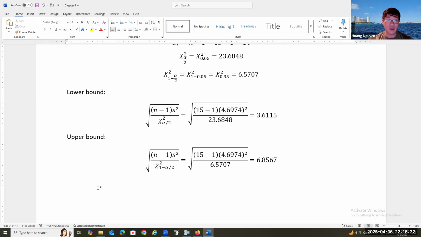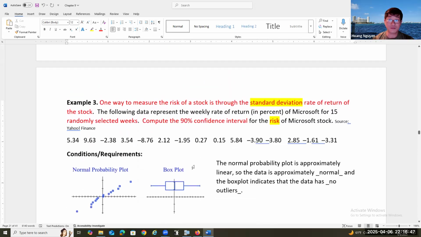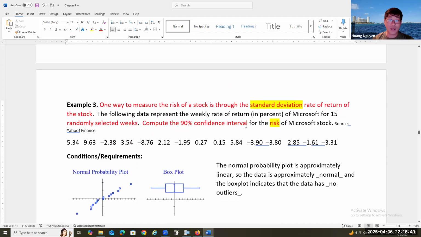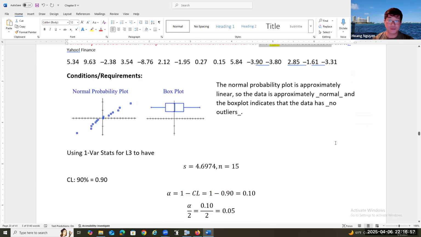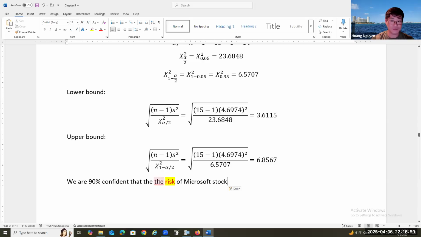So we can say that we are 90% confident that the risk of Microsoft stock will lie between